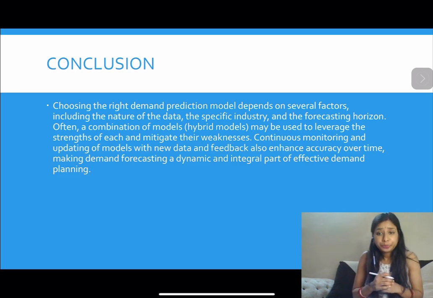So these are a few of the models we have discussed that are used for demand forecasting. Please remember these models, because this is very important from the exam point of view. And thus we can just discuss that